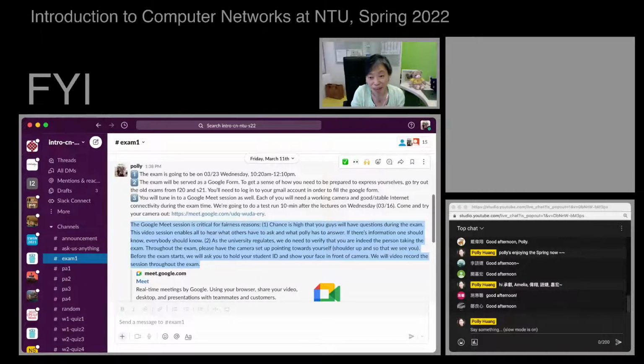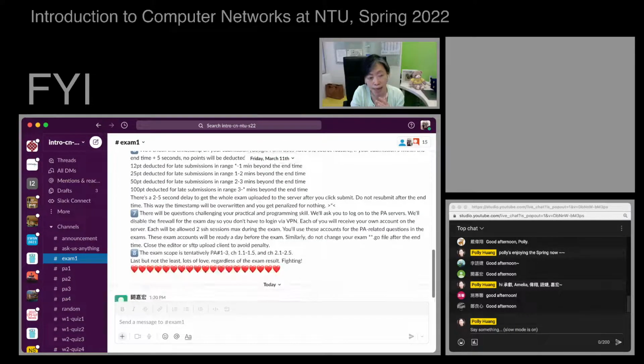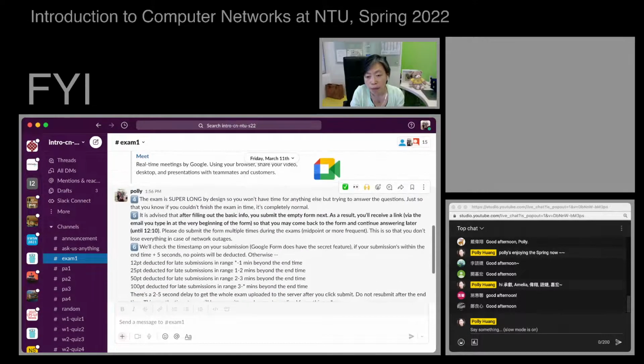You'll be anxious already, so I would really highly advise that you go through the important notes here, point number 1 all the way to point number 8. Be patient, go over them carefully. All right, so point number 3 is